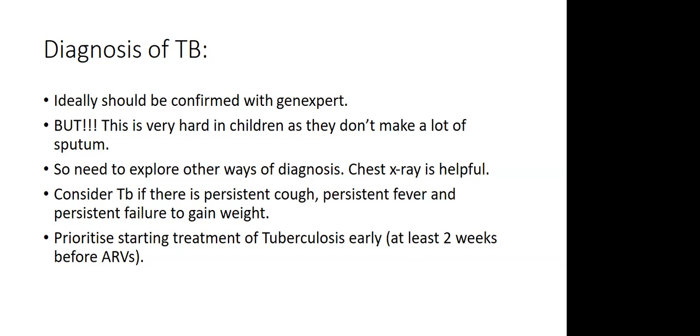So the big reason, and you're absolutely correct, you can have interactions, but the big reason is something called IRIS, so immune reconstitution inflammatory syndrome. The reason is if you start your ARVs while you have all these untreated coexistent conditions such as TB, the immune system will wake up, but it will immediately start overreacting. So you'll find that the patient will really deteriorate fast. So that's why you start the TB treatment first. Usually you want them on the DOTS for 2 weeks, and then you would move on to the ARVs as well. So that's the thinking there.